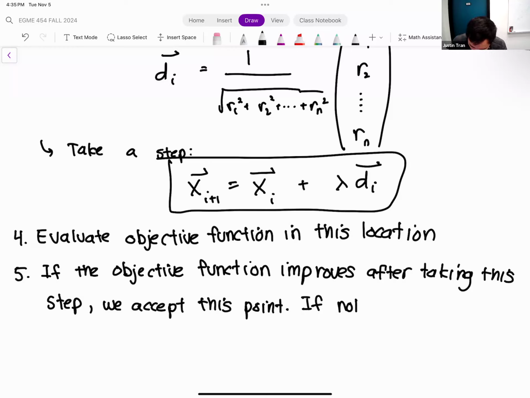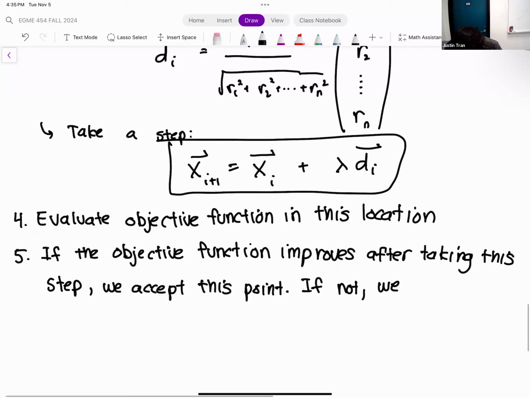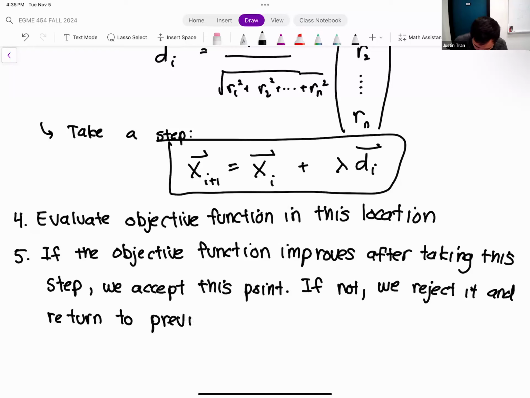If not, if it doesn't lead to an improvement of the objective function, then we reject it and we return back to our previous location before we took that random step.